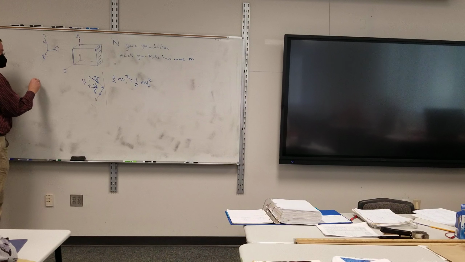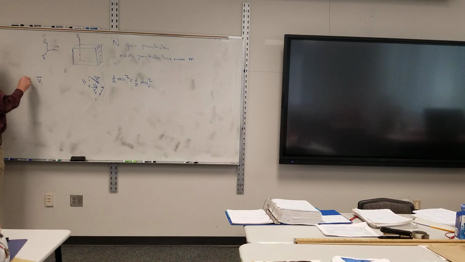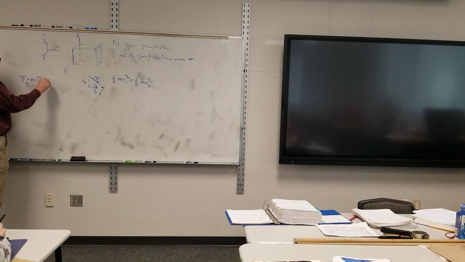So my initial momentum of the particle, with a little p there for particle, is going to be mVx i hat minus mVy j hat. My p final for the particle,